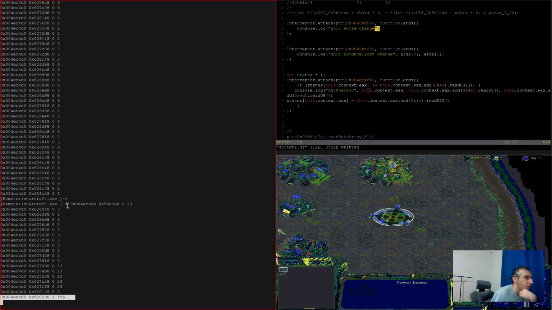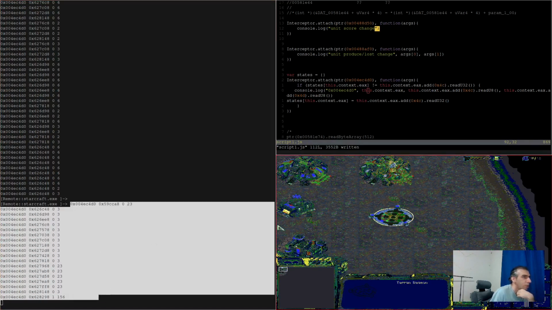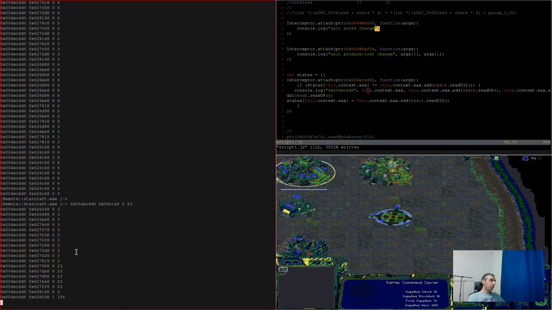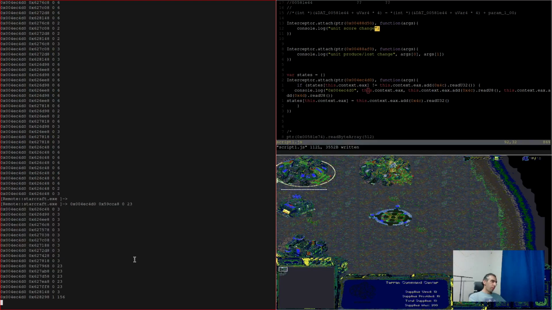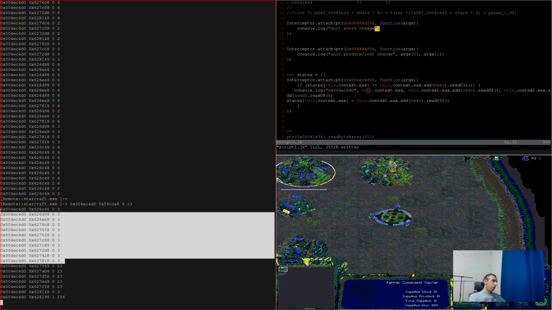Okay, so I think this should trigger some kind of change on the building, and the building completion of the worker also should trigger something, but